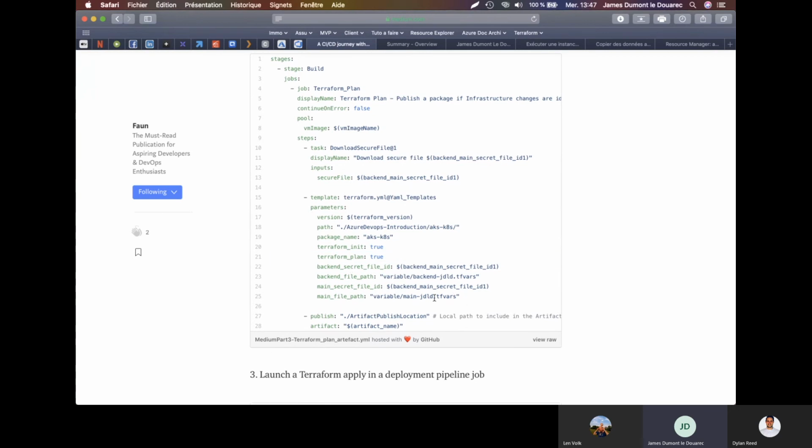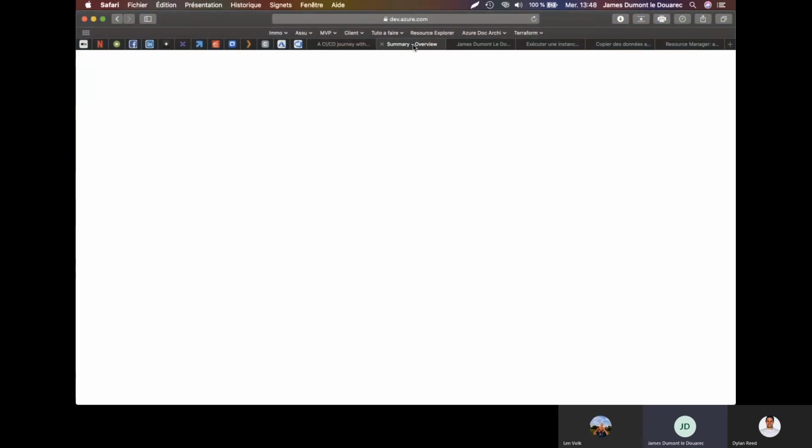And there are the variables that I will give to my Terraform commandlet to launch the Terraform init. So the Terraform init actually will use this variable. There is a backend secret file ID, which is actually the ID of the secret file that you need to put in your Azure DevOps library as secret.